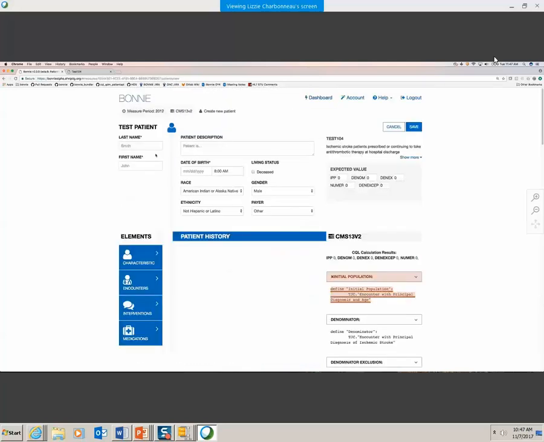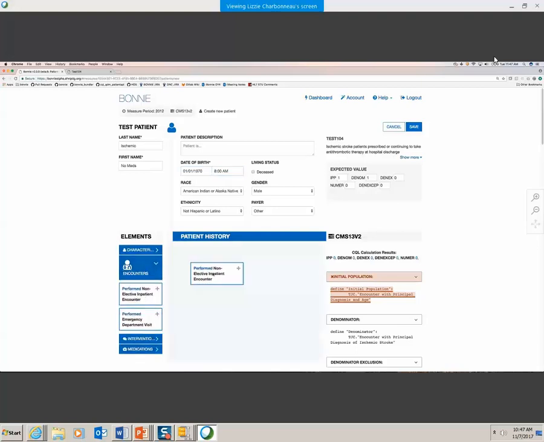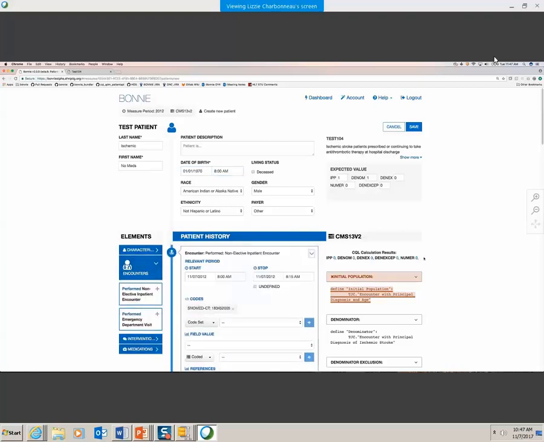And this patient will have had an ischemic stroke and not received medication. As a result, I expect them to be in the initial population and in the denominator, but not in the numerator. I'll make this patient be an adult, and I'll give this patient a non-elective inpatient encounter. And I'll scroll down through the logic